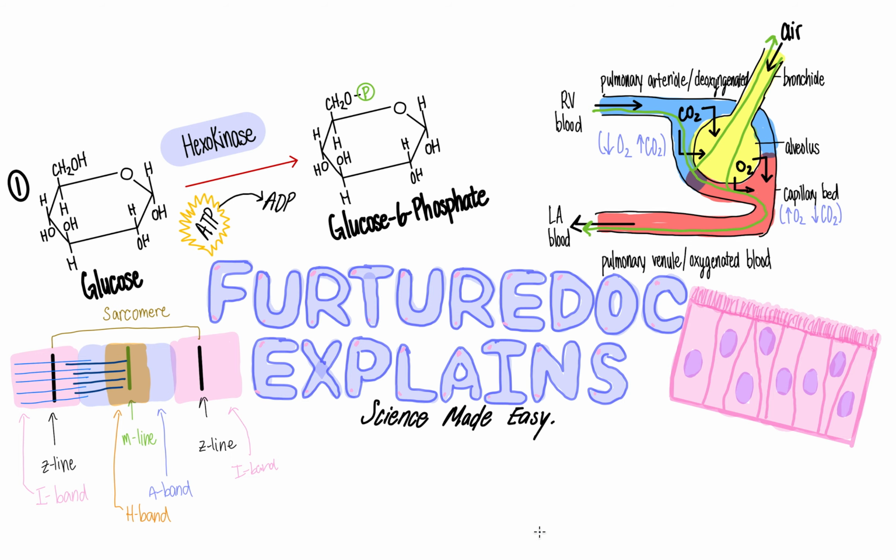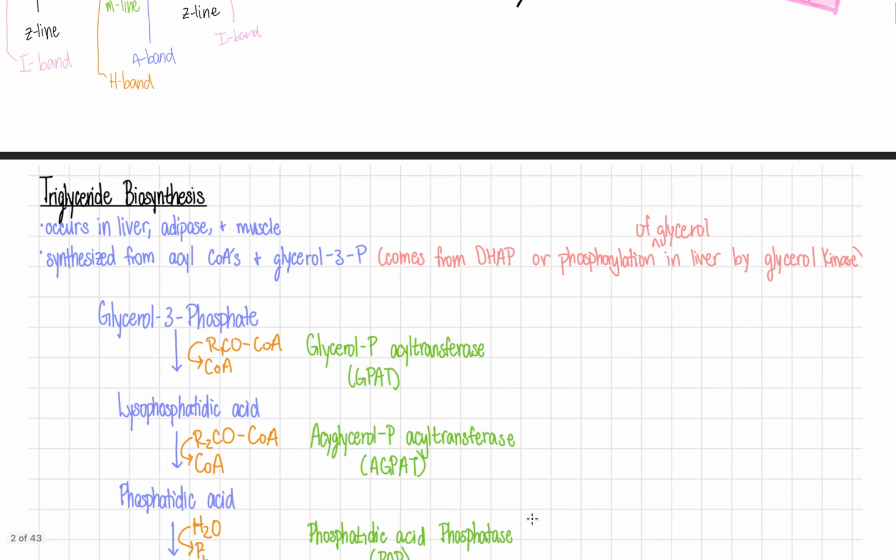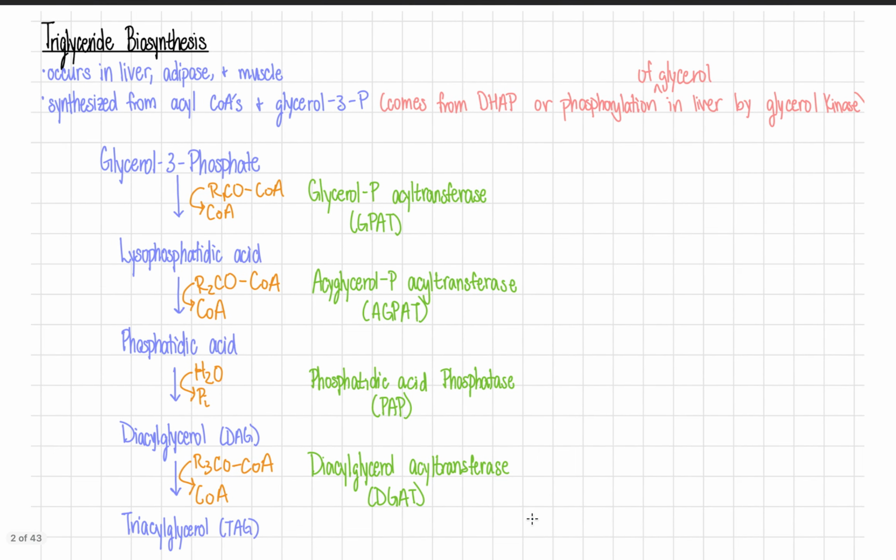In today's video, we'll be walking through triglyceride biosynthesis. So triglycerides are the storage of fatty acids, and the way that you can get triglycerides into your body is either to eat them or to synthesize them. Triglyceride biosynthesis occurs in the liver, in the adipose tissue, and in the muscle. The structure of a triglyceride is a glycerol attached to three fatty acids, also known